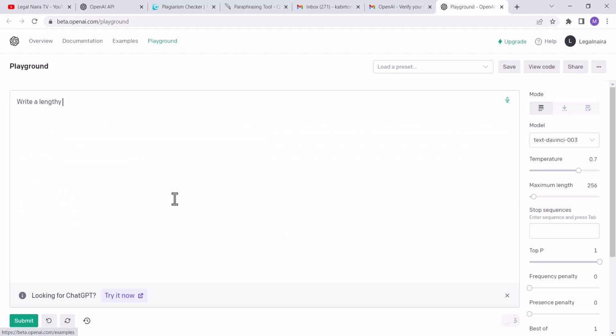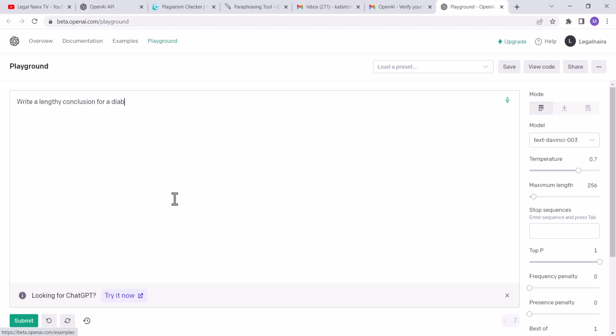You see, this is another way to get a lot of content out of it. This is why some people say it does not do more than 400 or 300 words. No, it depends on what you commanded it to do. If you say lengthy, you will see that the content it will give you will be much. You can also use long. You can also use comprehensive, persuasive, convincing. All these words will let it understand that you want a lengthy content for a particular purpose or the command you are giving it. So write a lengthy conclusion for